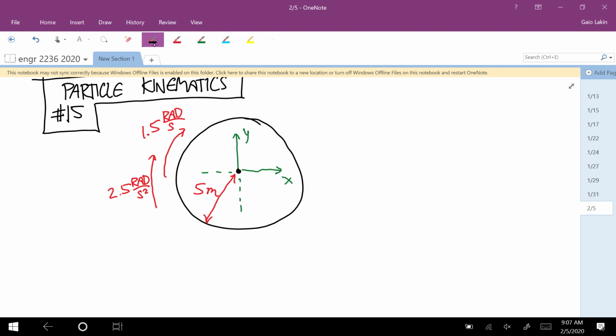And the passenger is at this location, and we want to calculate the velocity. So if I call this point P, what's the velocity of P? What's the acceleration of P? And then